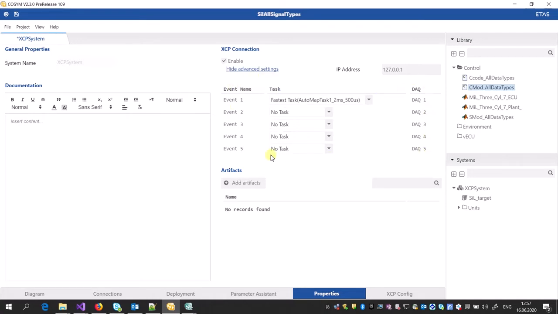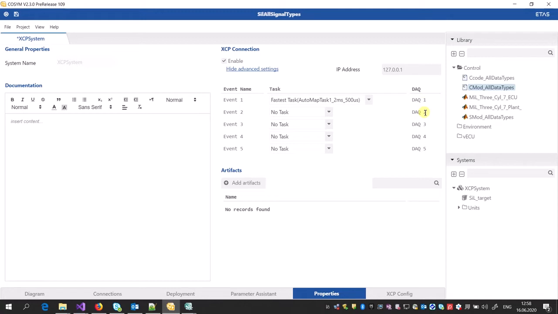This needs a little bit of knowledge of XCP or the INCA tool. In here, we can define different data channels and define in which raster each data channel is going to work. For example, by default COSIM is going to enable the fastest task, for example 2.5 millisecond, and this task is assigned to data channel 1.